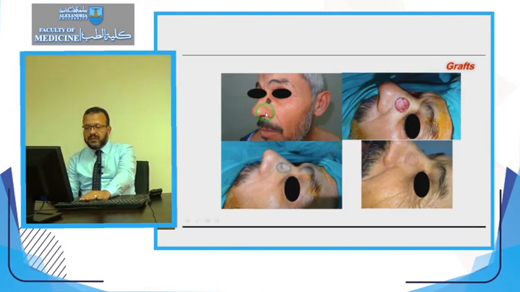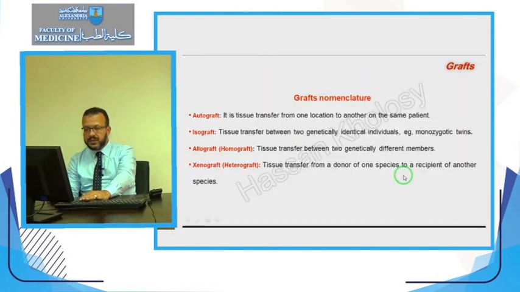This gentleman suffered from basal cell carcinoma on the side wall of the nose, excision again with safety margin, and the bed was covered by healthy tissue that can accept a graft. Because this is in the face, we prefer a full thickness skin graft to a split thickness skin graft in order to give a better cosmetic result. So a full thickness skin graft was harvested from the post-auricular skin, and it was used for reconstruction of this defect, and this is the appearance after 6 months.